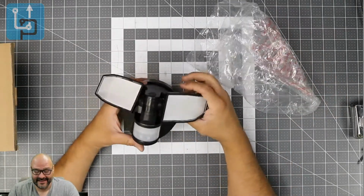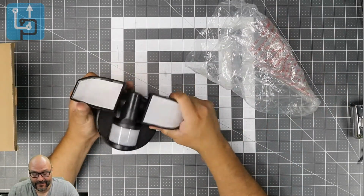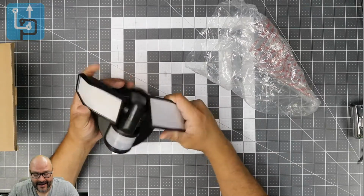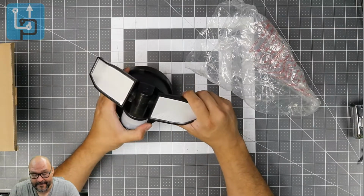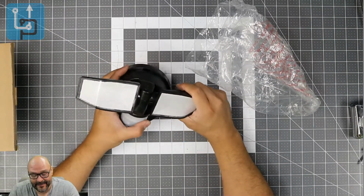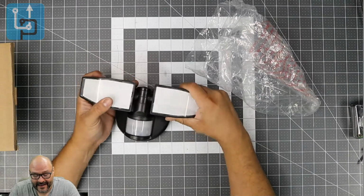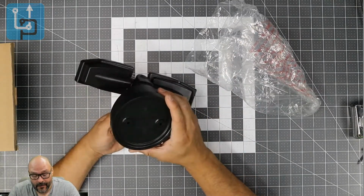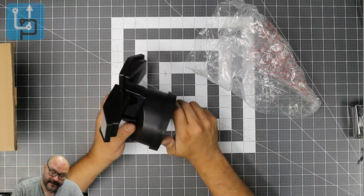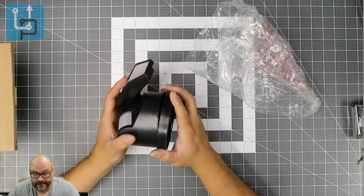4,000 lumens on this sucker. And of course, these move independently, left and right, up and down, left and right. Very hard to do, but you can move them separately like a bird, pretty much, and direct them to where you want to go. Now, in the mount itself, let's go ahead and open it up. Here it is. So you just pull up,